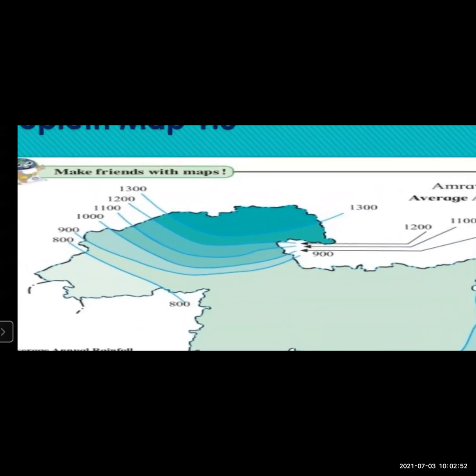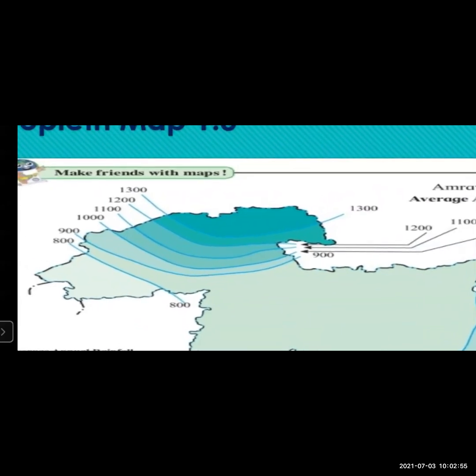You can see the most part of the, for example, if you take 1300, which is on the other side, that particular whole area, if you wanted to count the annual rainfall and all, so the same variable is used or the same range is taken, it is joined by the lines. So in this particular way, the isopleth maps are prepared.